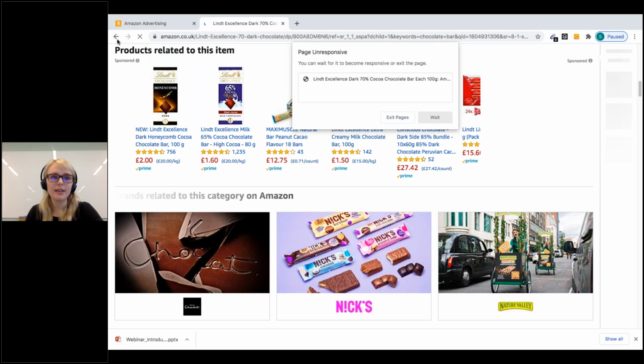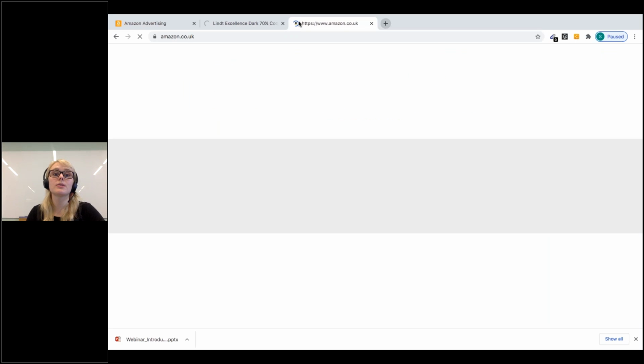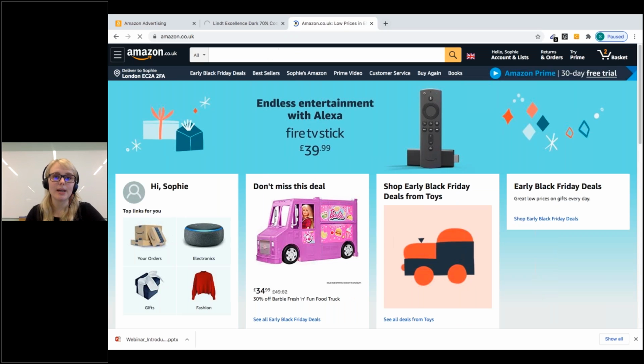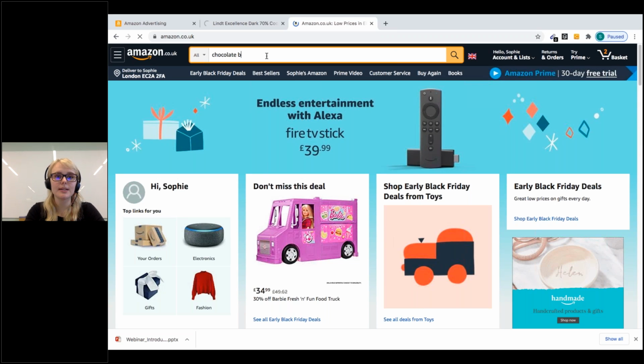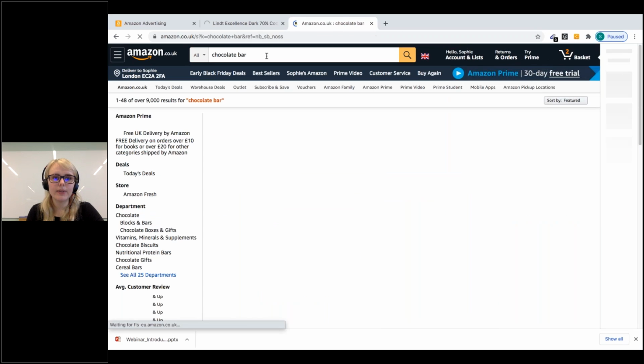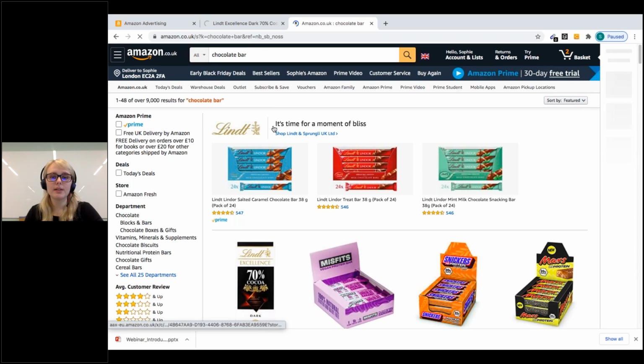Now, the last thing I want to show you is, if it'll let me, just try this one more time. So we saw a sponsored products ad, we saw sponsored brands ads, and we saw sponsored display. But there's also something called a store, which is a branded destination on Amazon where you can showcase your entire product catalog. So let me just try finding this again. Cool. So I can see in the sponsored brands campaign a line that says Shop Lindt UK Limited. So if I click through to that,